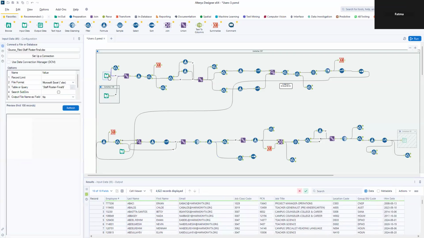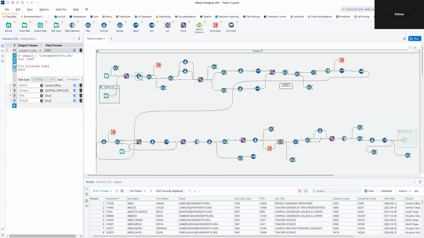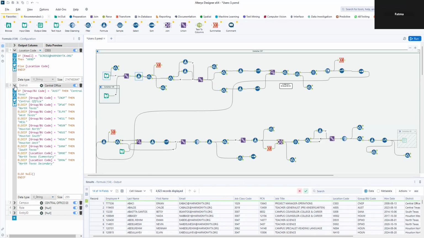The source file is the staff roster, and then the workflow starts from here. First, for the workflow, the location code is a letter and a 3-digit number. So this is a very unnecessary formula for location code, just for this specific person. But the first formula, which is important here, is using the group codes and assigning the districts with the IF